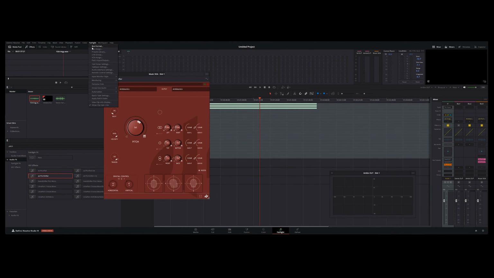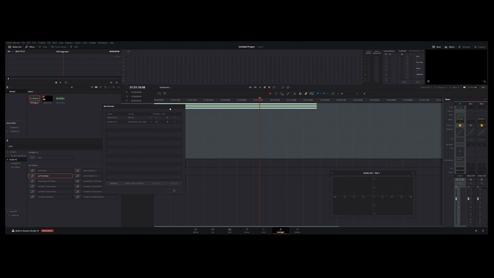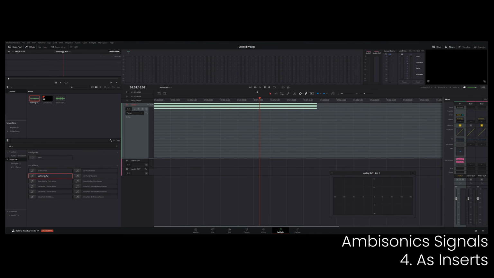Let's just go back one step. Remove this bus. And enable again my outputs. And now we are in the very first step, which is we are with our first order Ambisonics file being upscaled to 5th order Ambisonics, and then it's going to our output. So if I press play,